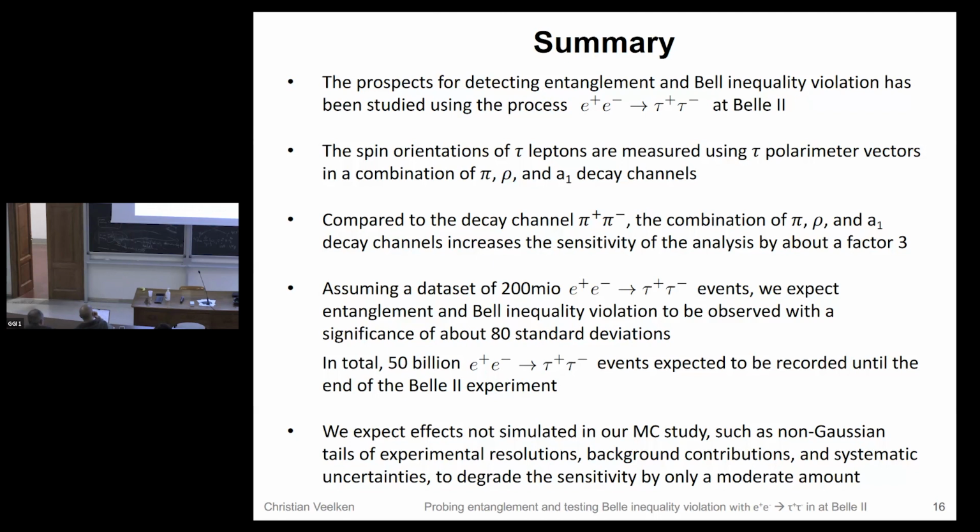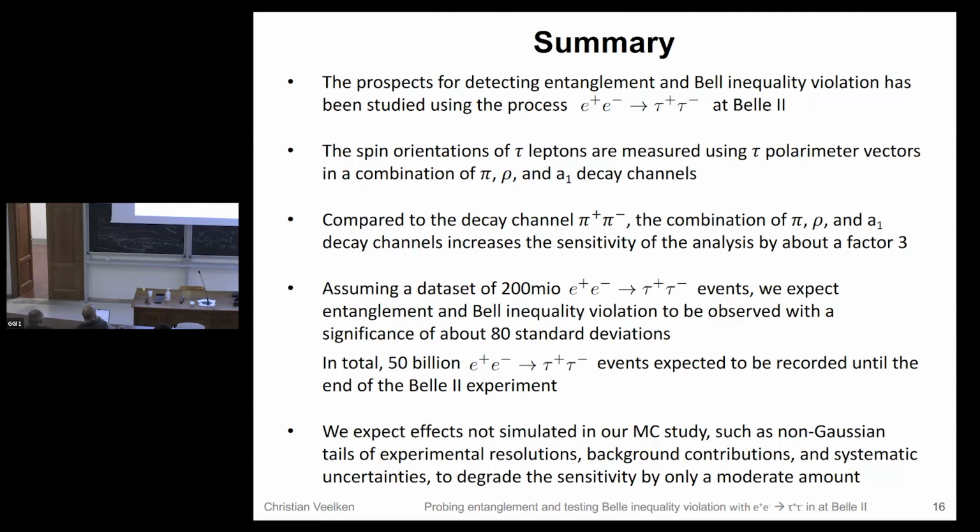In total, we cover about 21% of the branching fraction, and there's another possibility of gaining another factor 2 if we take all the hadronic tau decays into account. The polarimeter vector method that was used for the measurement of the tau spin correlation matrix has the nice feature that all the hadronic tau decays have the same tau spin analyzing power, and they have the same maximal tau spin analyzing power. They all contribute with a factor of 1.